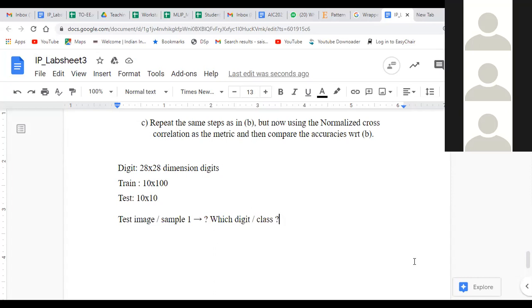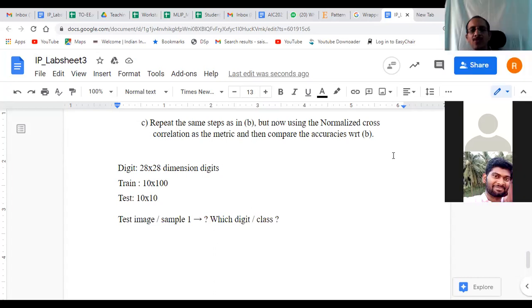Mean square error, sir. Yeah, you find mean square error with what? The trained data sets. Yeah, with all the trained data sets. So essentially, each is an image. So how do I find mean square error for the image? Any suggestion there? So the answer is mean square error. Fine. But how do I find mean square error of the test image with all the trained data set? So I have to find mean square error with 1000 trained images versus the test image.